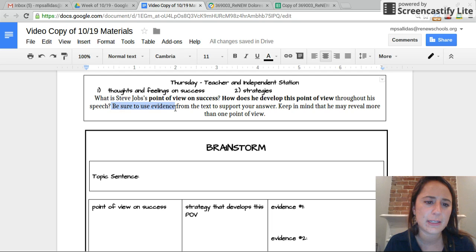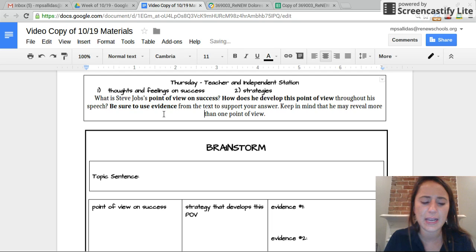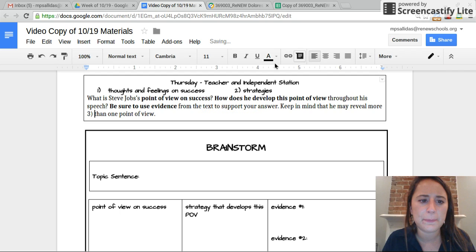And then there's one third thing that I have to do in here, and it says to remind me, but of course this is pretty obvious, to use evidence from the text to support my answer. Okay, so go ahead and just put that and then put 3 underneath it so you recognize that that's the third thing that you have to do here.